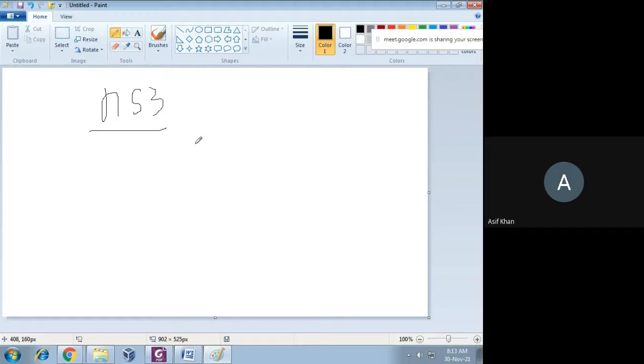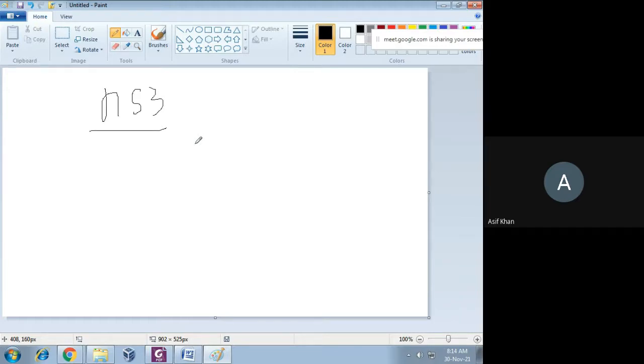Different types of networks are there. We can create local area networks, wide area networks, ad hoc networks, and cellular networks. Different types of networks you can create, and then you can test your protocol in that network.